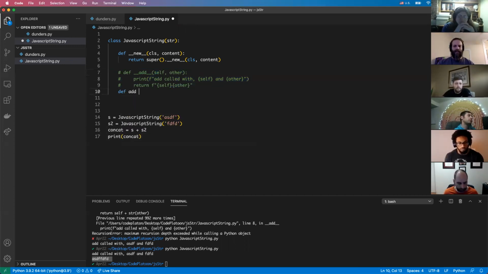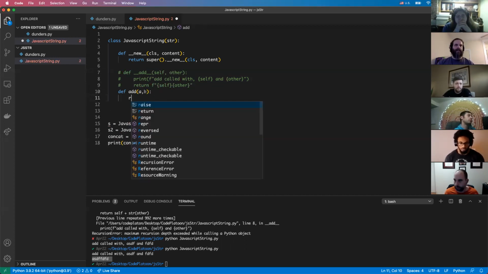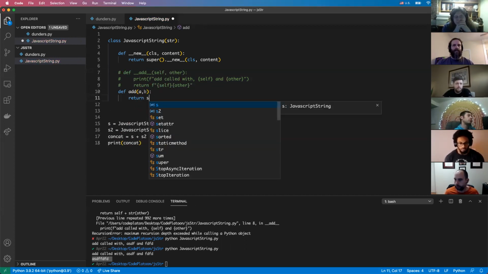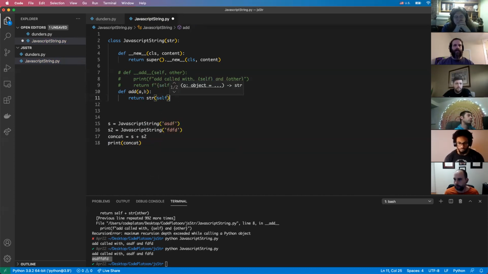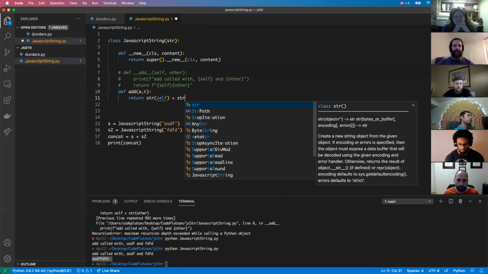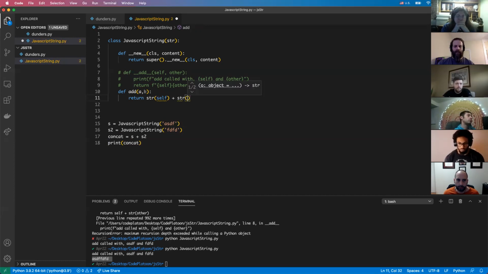Def add, and then something like, whoops, oh yeah, B. So it'd be, we have to do self. So something like this. This would just be a normal method